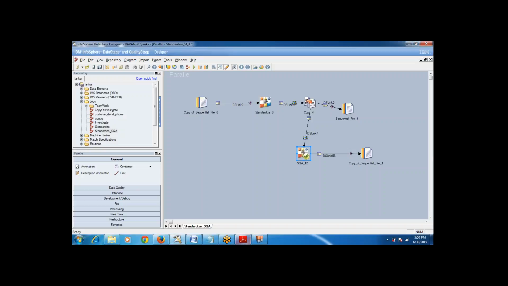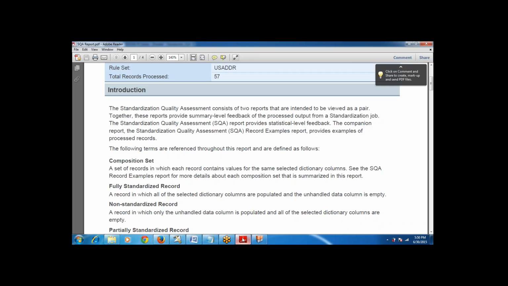Yeah, thanks. So you just need to know the process of how to generate the report here. I just showed you that we have to go to the quality stage, select the new report, and select the options there. Once you're done, the report will remain in the same fashion, whether you are creating it for US address or US name, that doesn't matter. Once you select this, it will automatically create this report